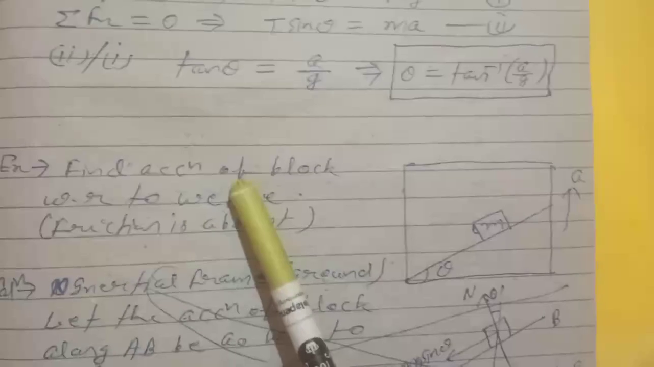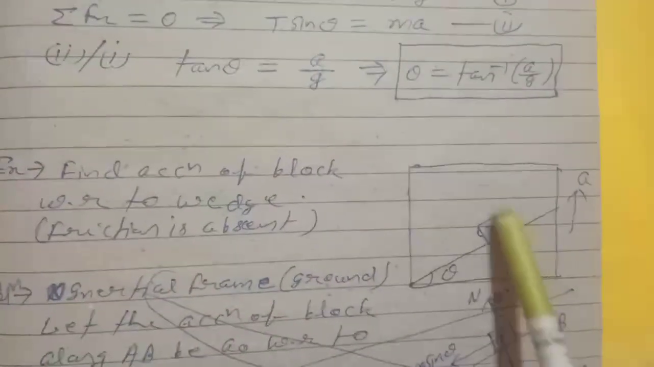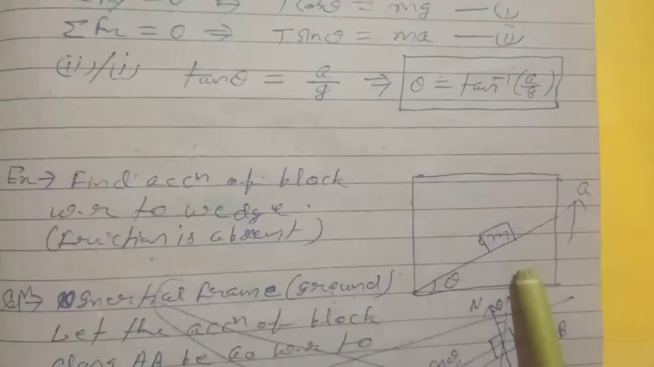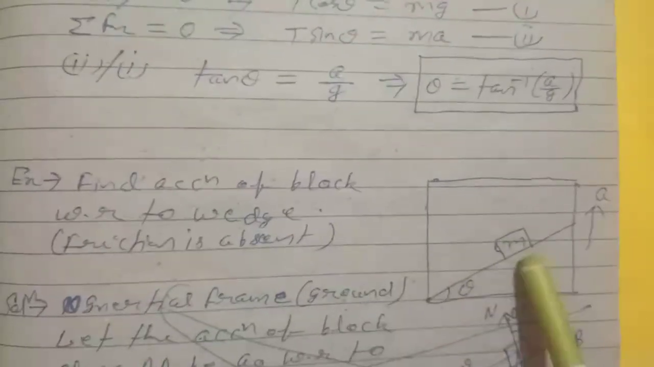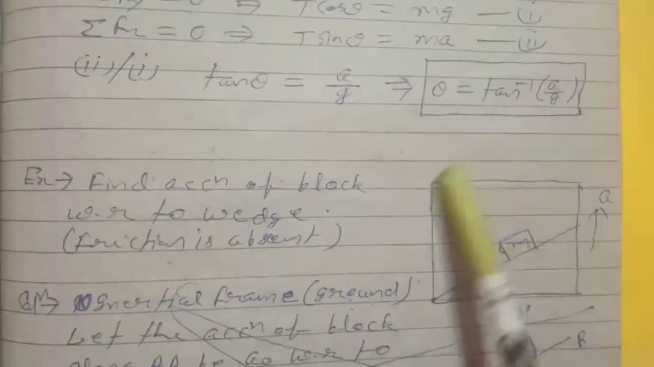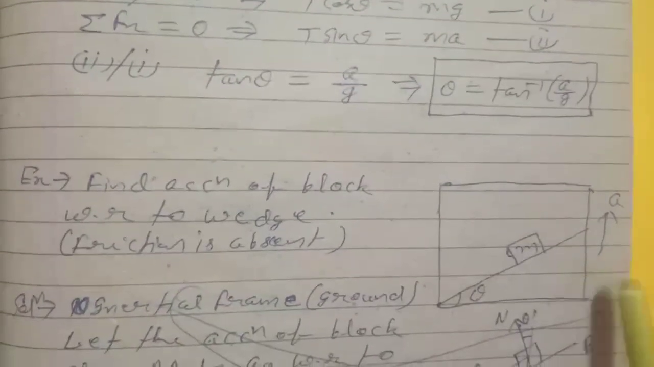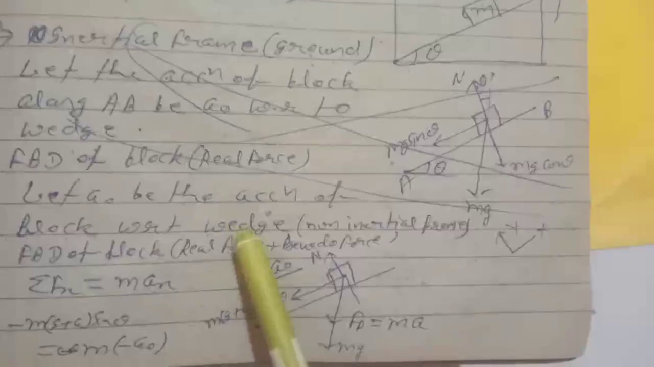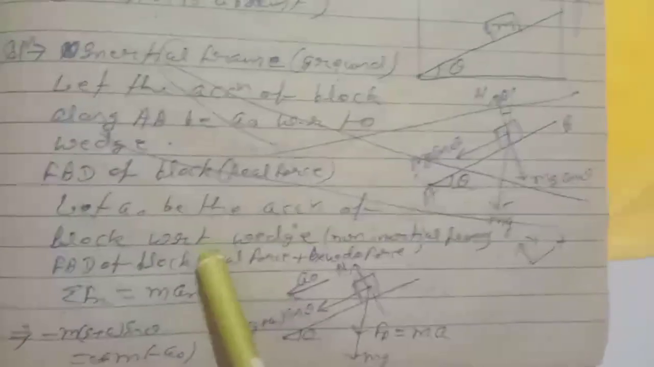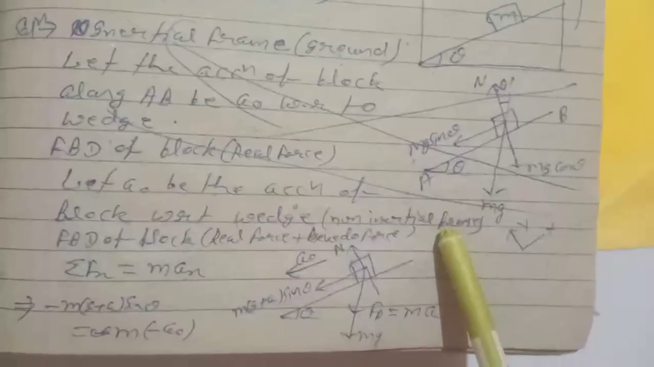Second case, find acceleration of the block with respect to wedge. This is wedge and this is the block, and it is said that friction is absent between these, and the whole system is moving with the acceleration a in upward direction with respect to ground. Let a naught be the acceleration of block with respect to wedge, that is non-inertial frame,